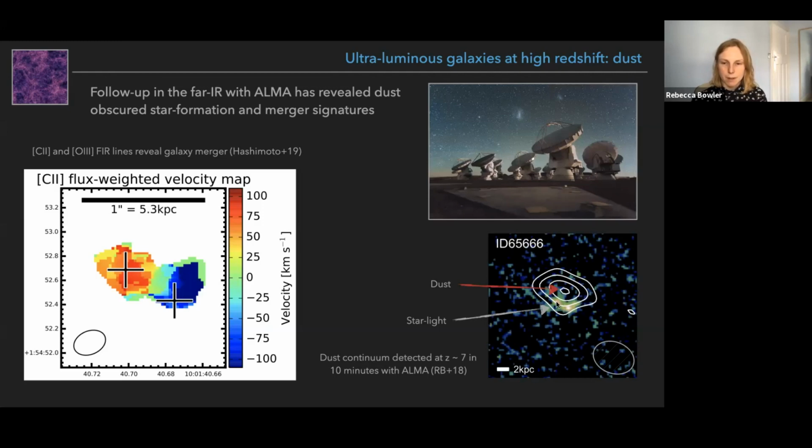And the background here is the Hubble image with the starlight shown as the kind of green. And then the ALMA data, which has quite a lot lower resolution, is shown as these contours. So you can see that there's a very significant dust detection there. And the really amazing thing about this is that we detected this dust in 10 minutes of telescope time, which is very, very short for a Redshift 7 galaxy. Sometimes people spend like 30 hours on other telescopes to get a detection. So these sources do have dust, and they are quite considerably dusty.